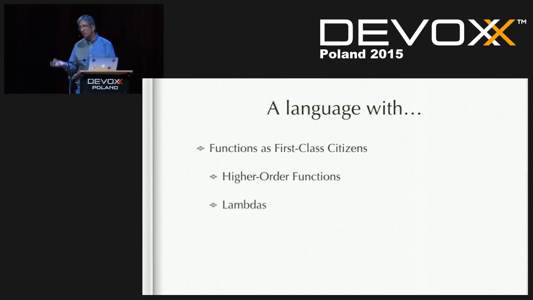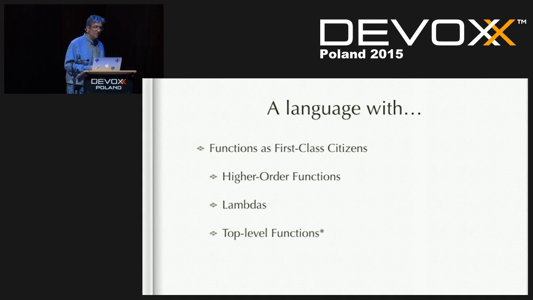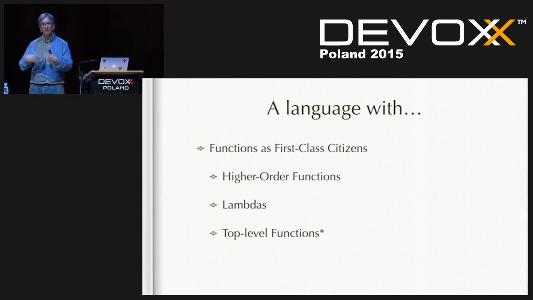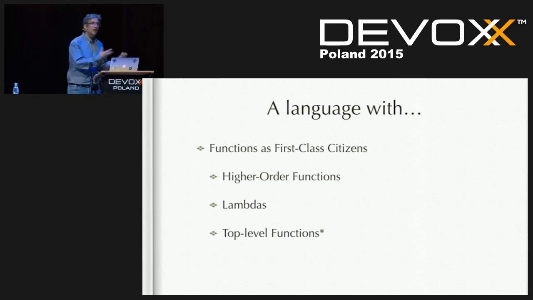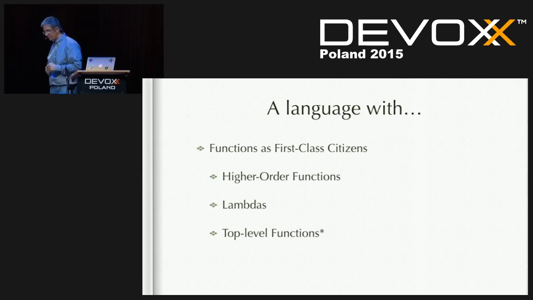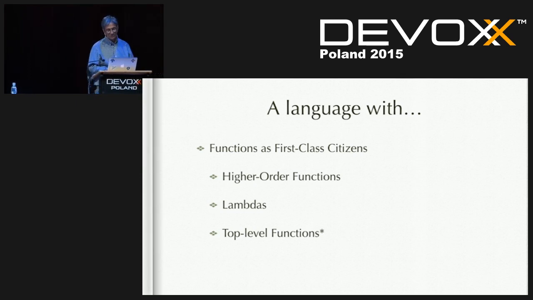Lambdas, because we want to write less code, so that is kind of convenient to use lambdas. And top-level functions, this is kind of with a little star. By top-level functions, I mean kind of like what you have in JavaScript. You know, in JavaScript, you can just write a function anywhere. In a file, you open a file, you write a function, and then you spend months looking for it. In normal languages, well, in Java and C# and other languages, you can't have top-level functions. You have to place them inside a static object, a static class. Okay. Now, that's not really required, but it does sometimes make things a little bit more expressive.